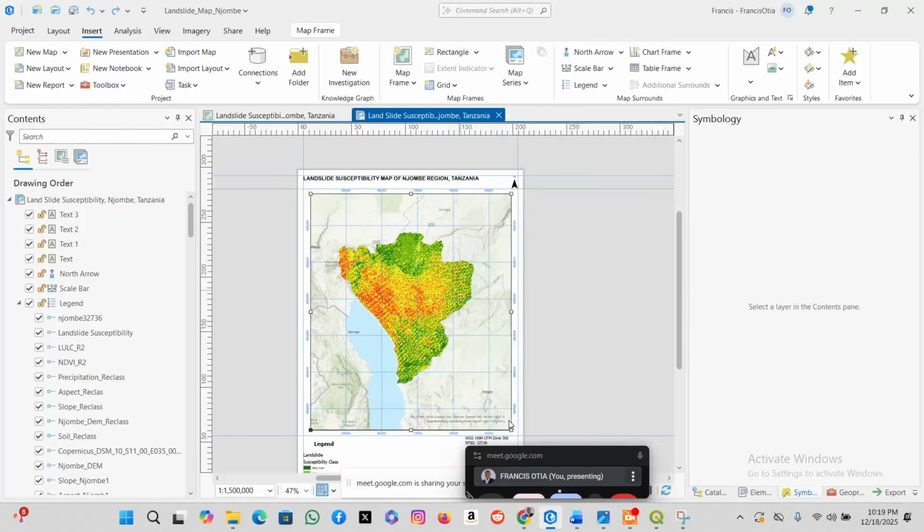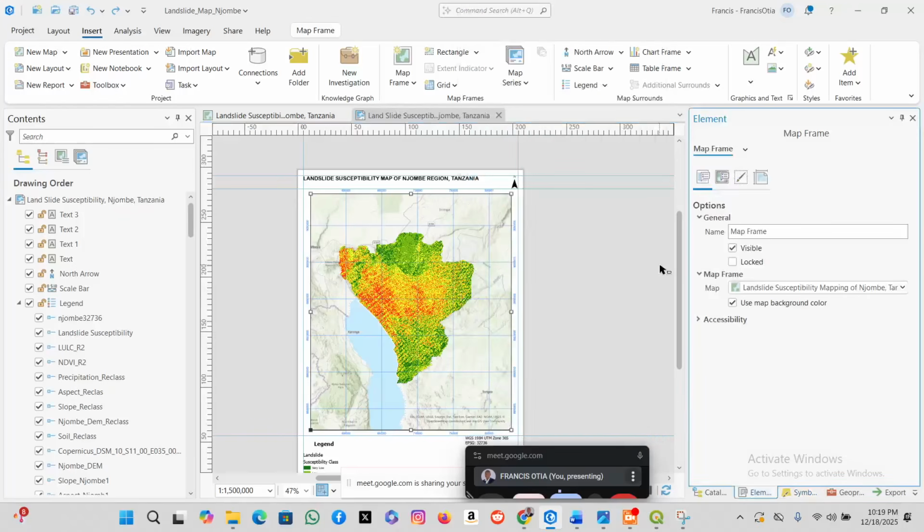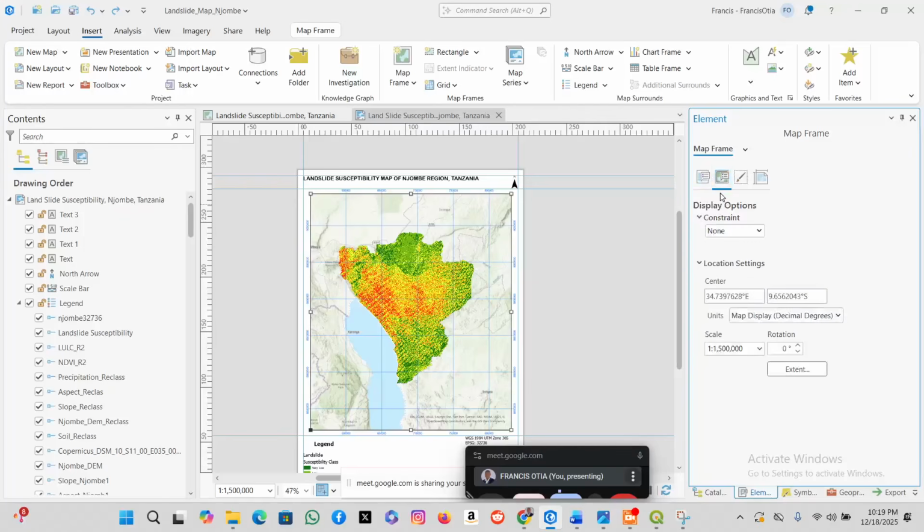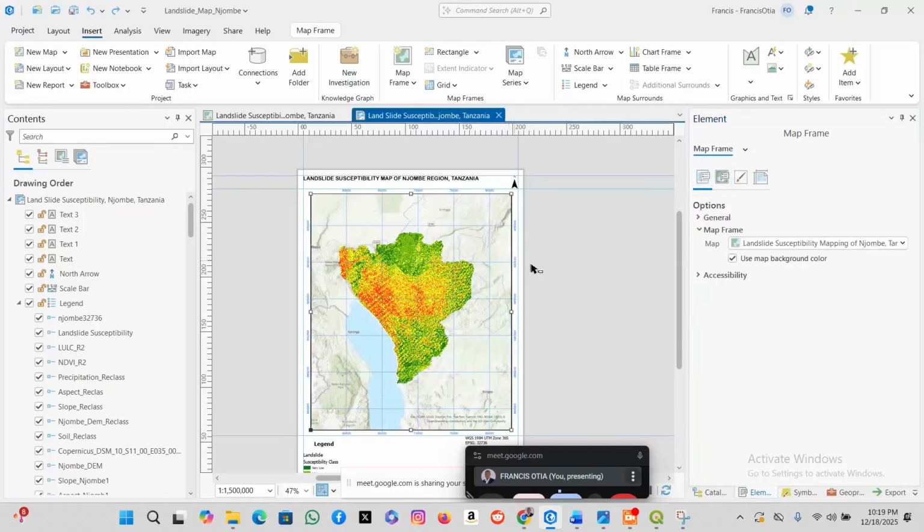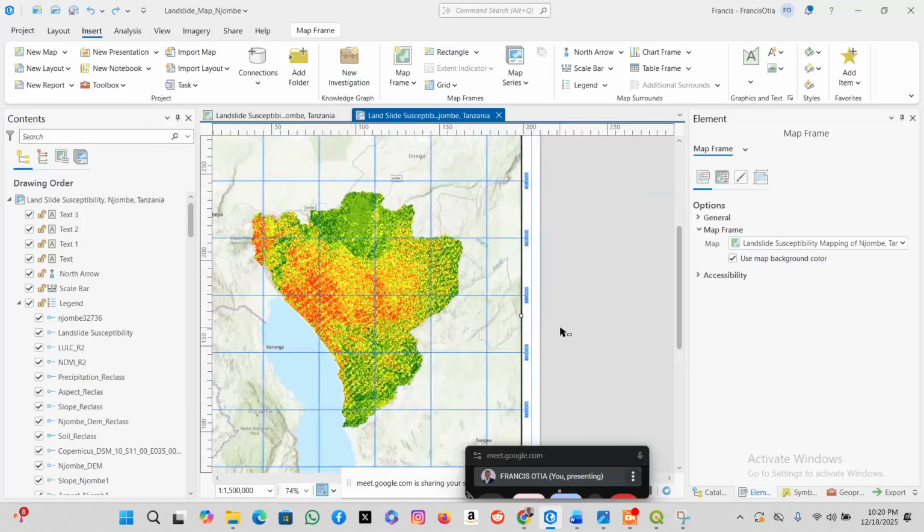Click the grid line, go to properties. So if there are too many, I want to reduce them, I can do that. Okay, so the options. You want to reduce it? Yeah, the grid lines, there are too many on the map. So